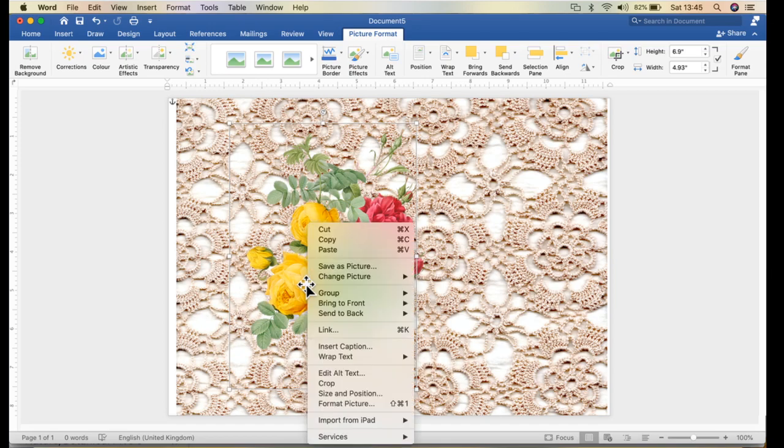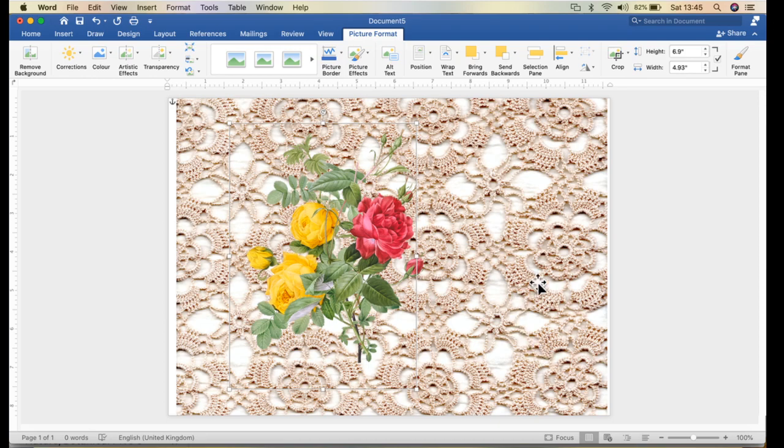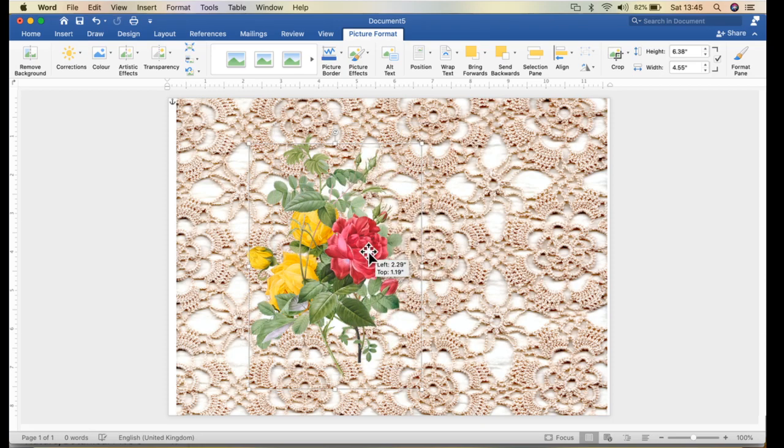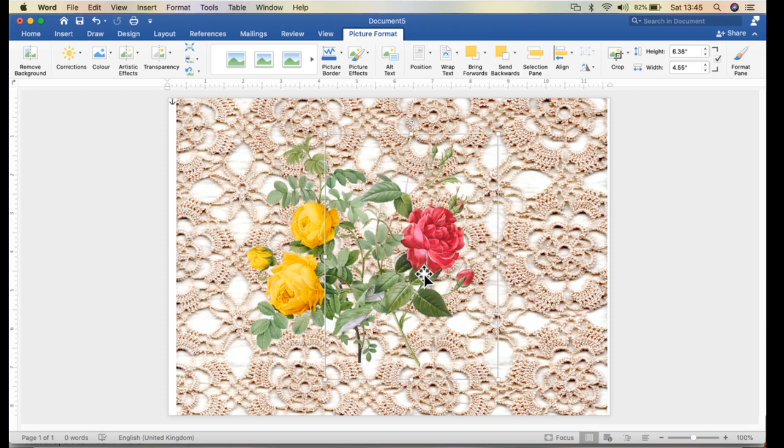We can select the yellow one, right click, and you'll see that there's a send to back or bring to front options. It's already on the front, so what we want to do is to send it backwards one layer. So if we click on that, you'll then see that it slides underneath the red one, and the red one now becomes the new top layer. So there we go. That's some nice images. You can layer them up, resize them, and that really covers the very basic start of making a digital page